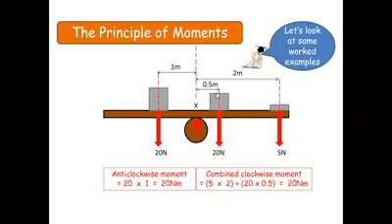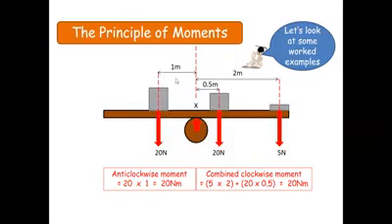And here, the principle of moments states that the sum of the clockwise moments about a given point is equal to the sum of the anti-clockwise moments about that point. Which means that the clockwise moments must be equal to the anti-clockwise moments, since this beam is in a state of equilibrium, that is, balanced. So let's look at the calculations. Anti-clockwise moments, taking the moments at this point,